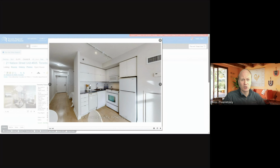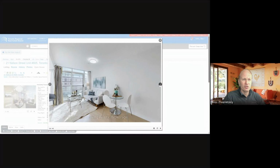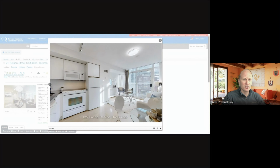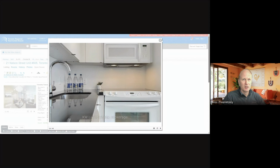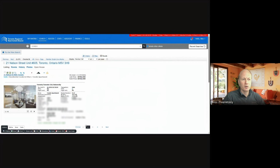It should just have some natural light. It should have some separation, but a lot of it is also left up to the design of the building. So it looks like this is not a newer unit. You can tell by the white appliances, but something that's 424 square feet at Adelaide University, right in the downtown